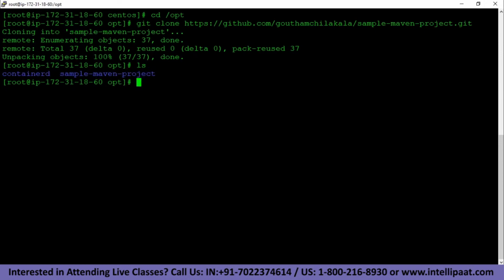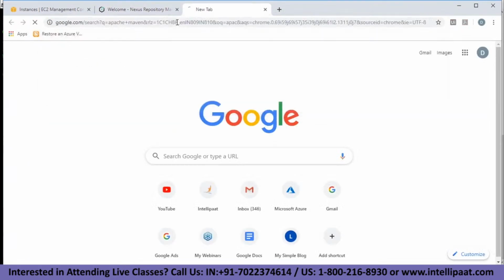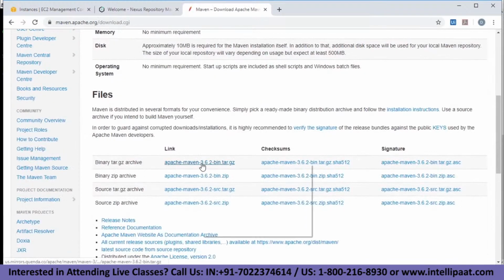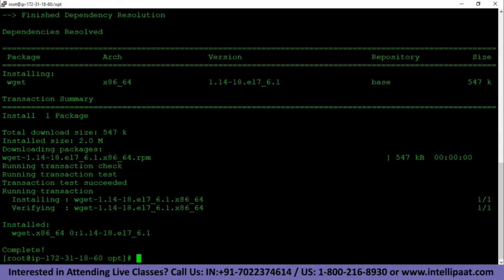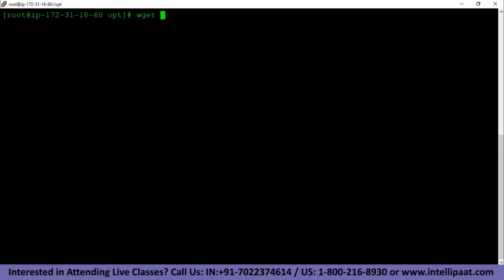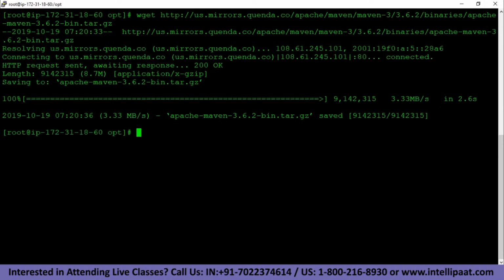Now the next step is to compile and package this. For that, we'll need Apache Maven. If you remember the process, we have to go back to our web browser, close this, and type Apache Maven. We need to get the tar.gz link for this. This is the first link over here. Copy the link address, come back to your instance. Let's first install wget. So for that, yum install -y wget. Clear the screen, use the command wget and paste the link address of Apache Maven and press enter. After your Apache Maven tar file has been downloaded, go ahead and untar it using the command